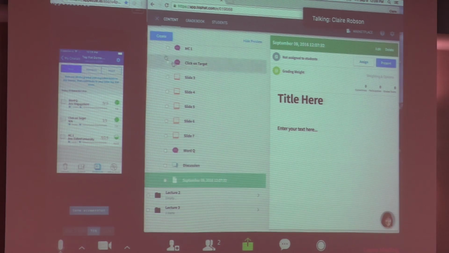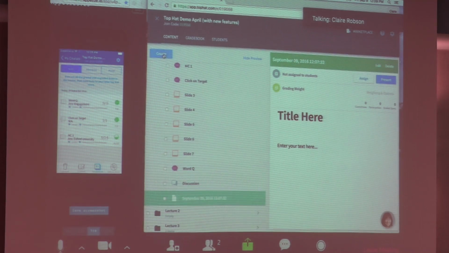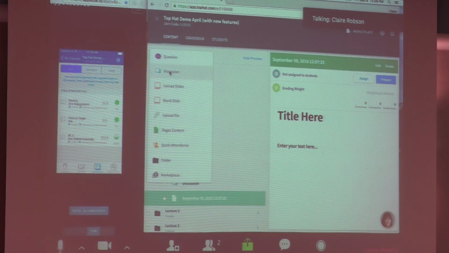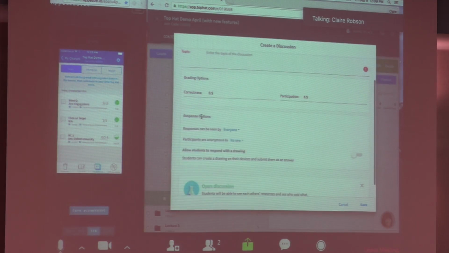Yes. So I can show you exactly how you would do that. Once you go to discussion, you're going to have some options. So you can turn on the anonymous settings from your end. And then you're also able to see exactly who that was if you want. If you want to have them remain anonymous to you as well, you can do that as well.